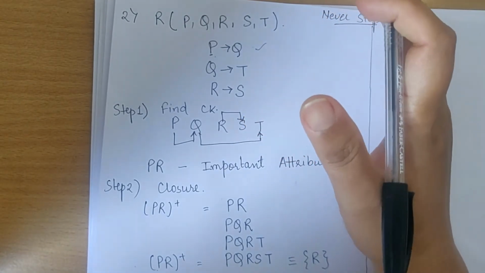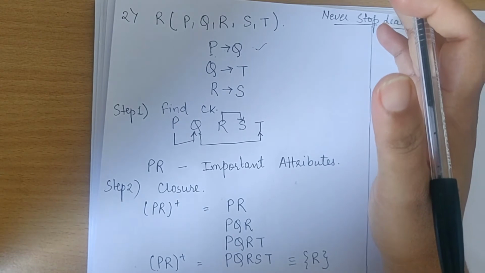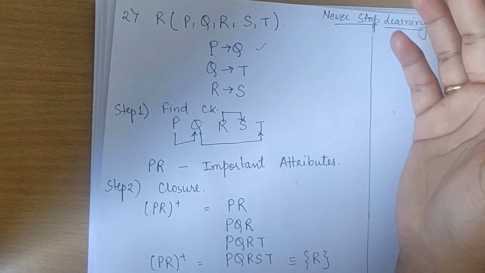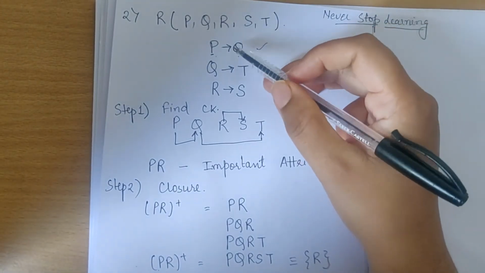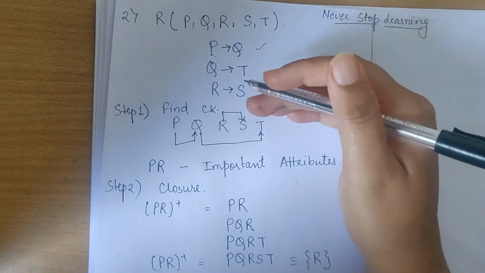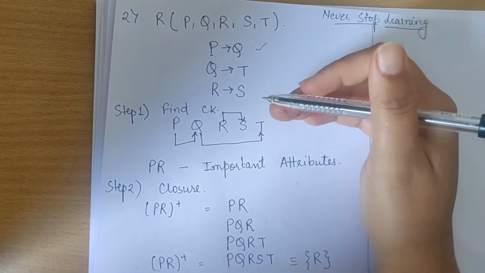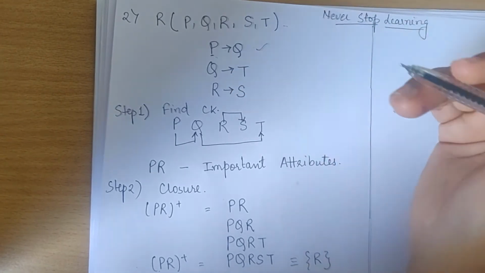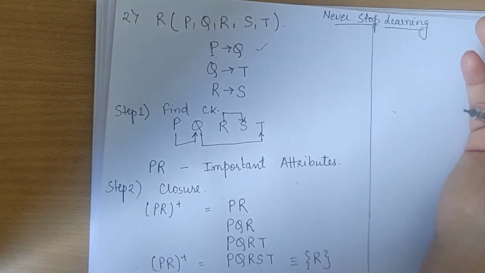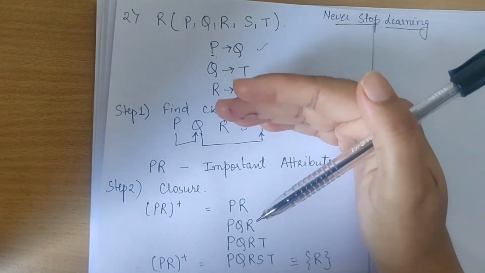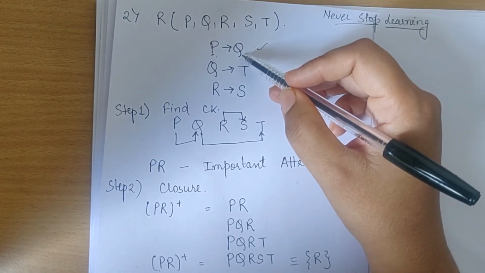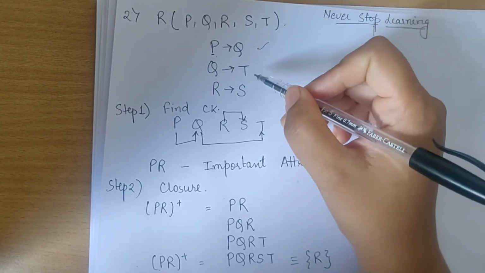So if you are facing a question in GATE or NET, where they ask you to check whether the relation is in second NF or not, as soon as you get any one condition which doesn't satisfy, your work is done, you don't have to check further. But generally in a university exam, you have to check further and you have to decompose. If it is not in second normal form, bring it to second normal form. In that case, you have to check all the dependencies. So because of this, it is not in second normal form. This is a partial dependency.